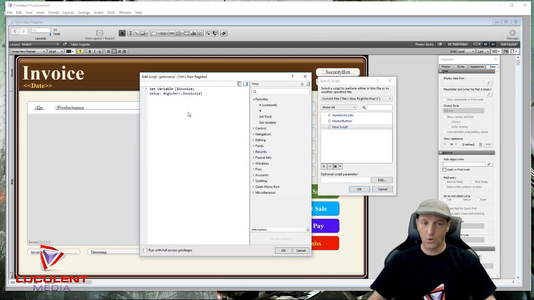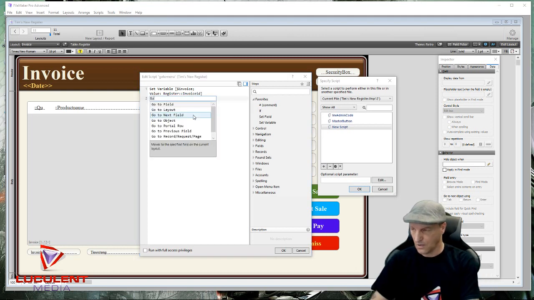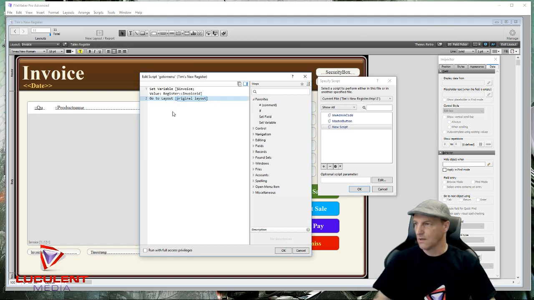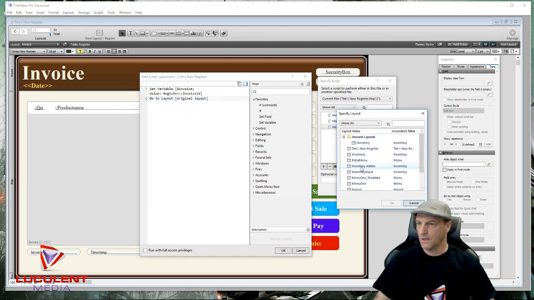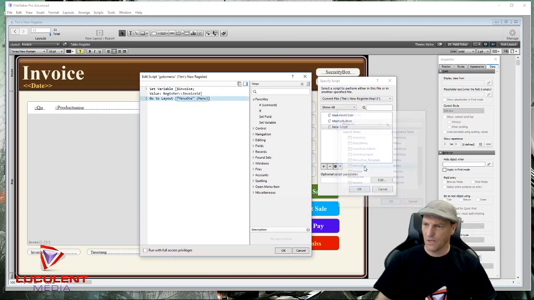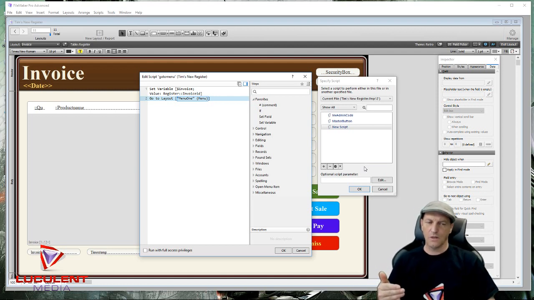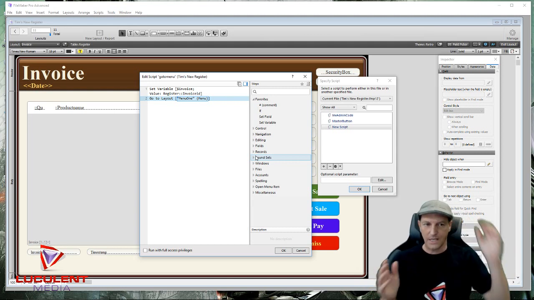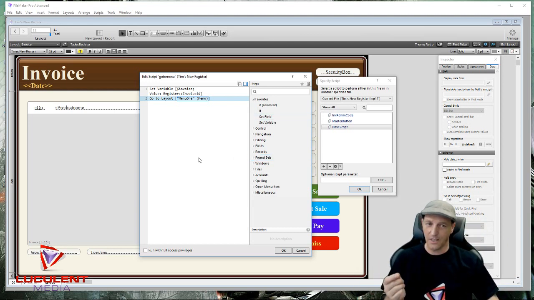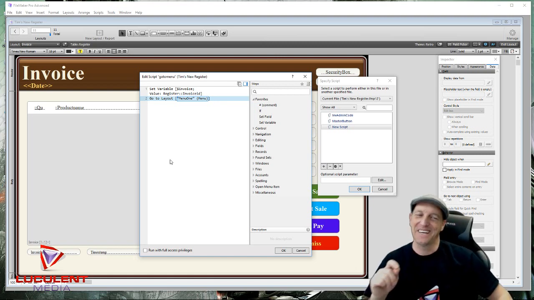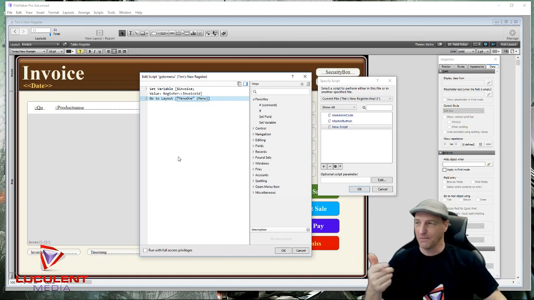And now we can tell it to go to the menu page. So it can be just go to layout. And the layout is going to be the menu. I'm just going to go to the menu 1 for now. That's good. But later on we'll make changes. Don't worry. What we're doing now is we're just basically trying to test our script and make sure that our script is correct. And I know it is, but I do know that there's a flaw in it. And I did that so that we could actually go through our debug system. So we're going to go to the layout, menu 1,